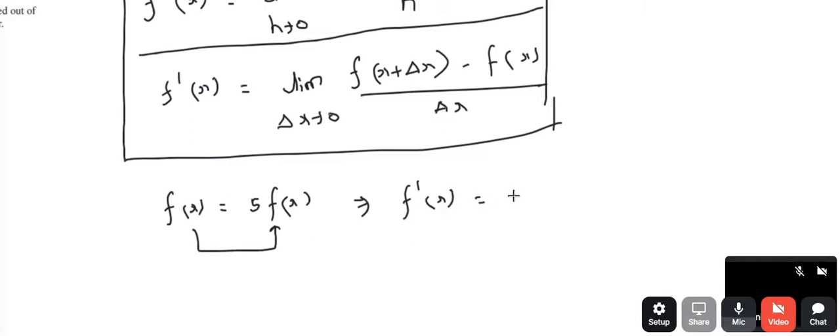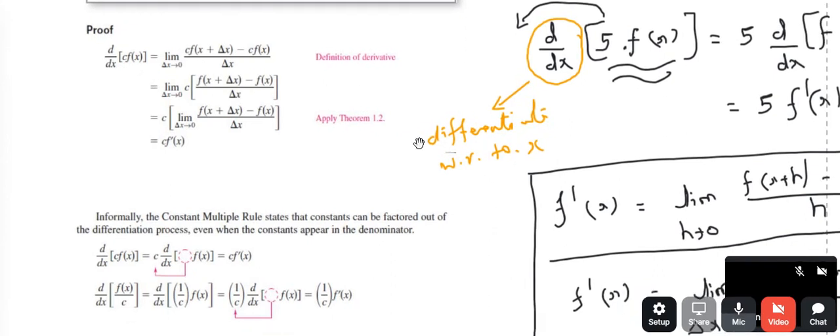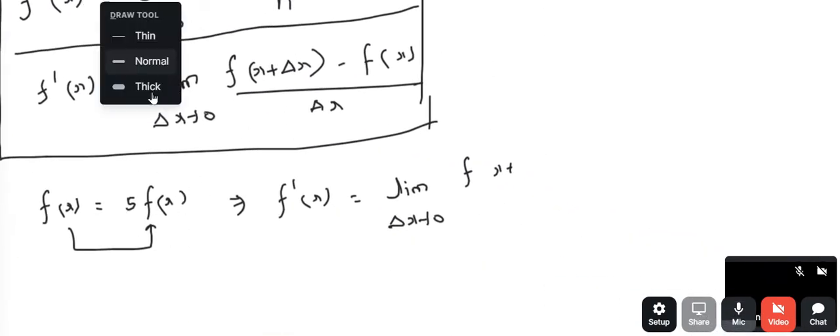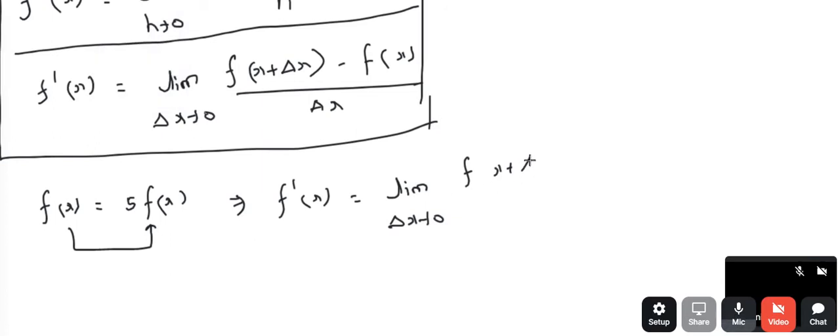So the first derivative is equal to limit delta x tends to 0, f of x plus delta x, where the 5 will be multiplied here, so 5 times f of x plus delta x, minus 5 times f of x,